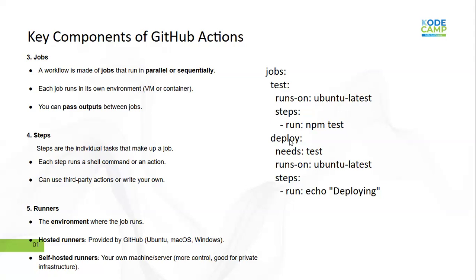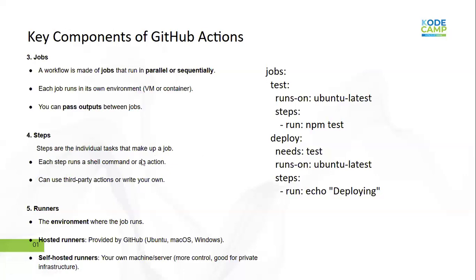Then the deploy job. If you look inside this deploy job, you will see needs test. This job is called test. That means before this deploy job will run, test must have finished, and if test does not pass, deploy will not run. So if you want to run a pipeline sequentially, build, test, deploy, monitor: test needs build, deploy needs test, monitor needs deploy. Set them up like that. I'll show you.